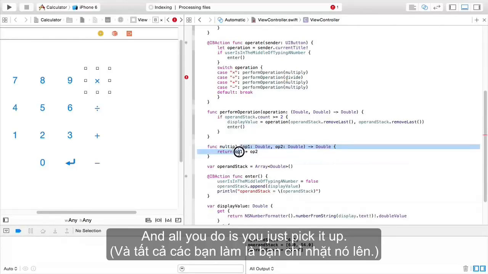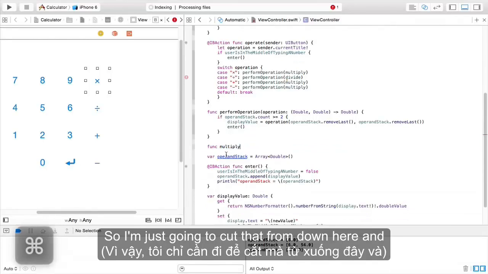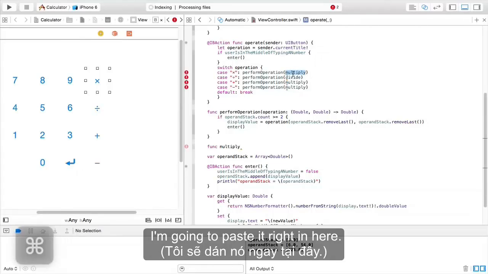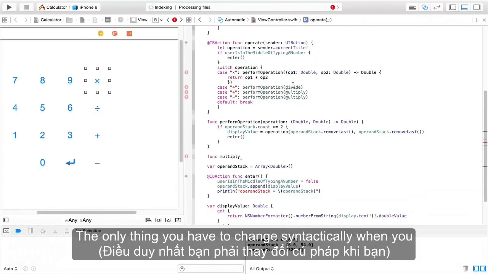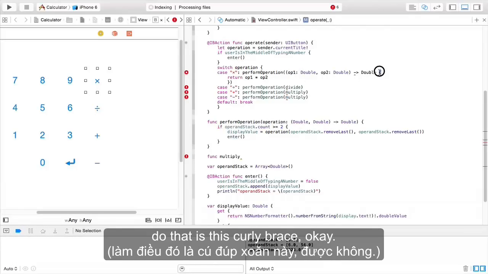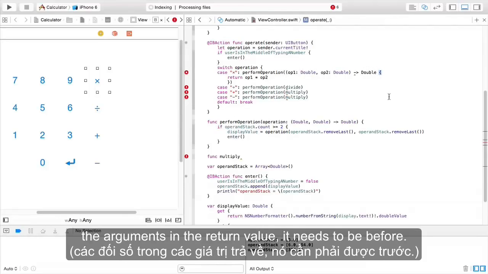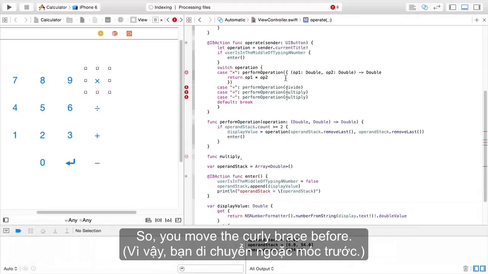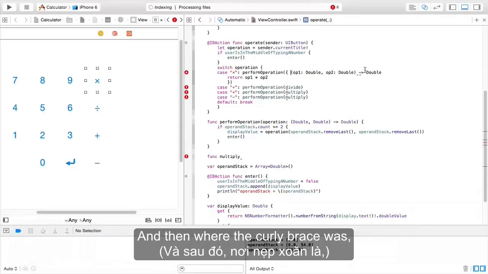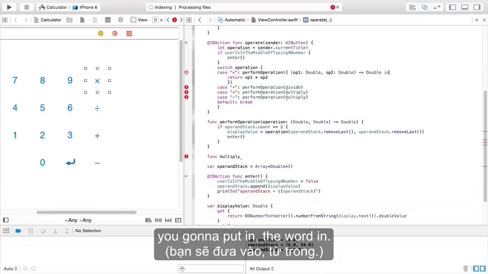And all you do is you just pick it up. So I'm just going to cut that from down here. I'm going to paste it right in here. Now, the only thing you have to change syntactically when you do that is this curly brace, okay? Instead of being after the declaration of the arguments and the return value, it needs to be before. So you move the curly brace before, and then where the curly brace was, you're going to put in,